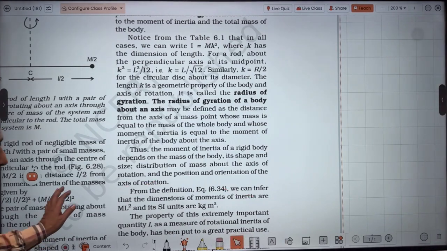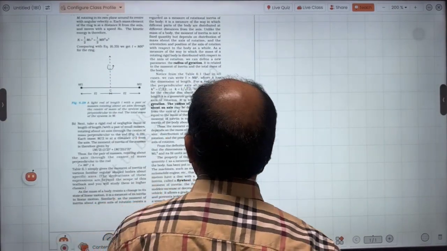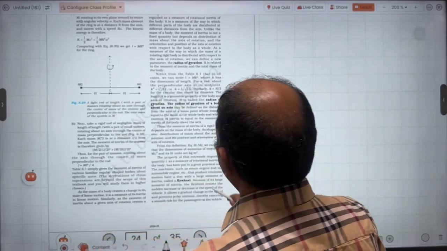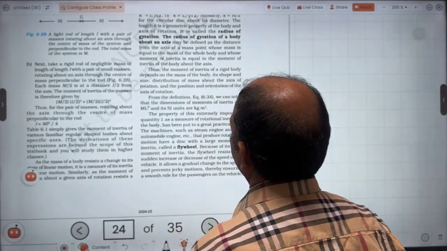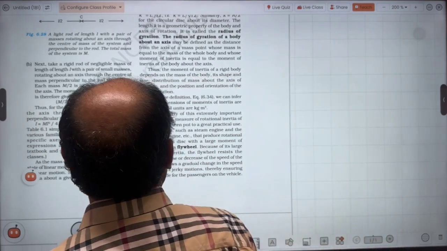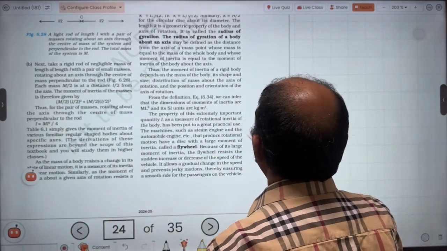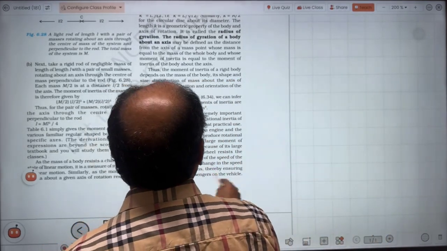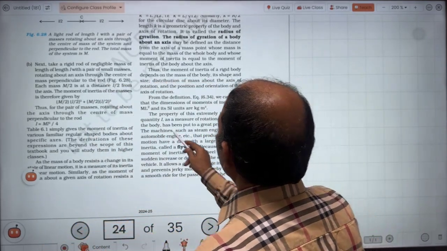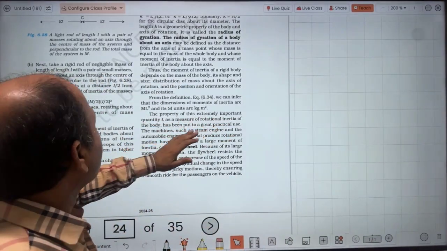So let's see what is next. Here some examples are given where in daily life the concept of moment of inertia is used, like a flywheel, whose entire mass or large mass is concentrated on its rim so that it can continue to move. So we can read it. The property of this extremely important